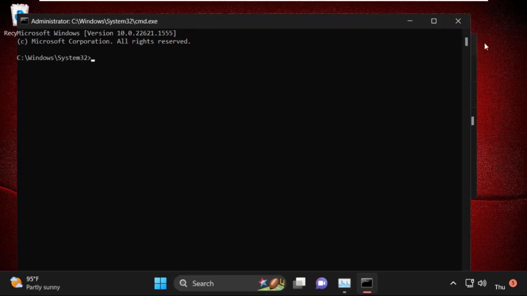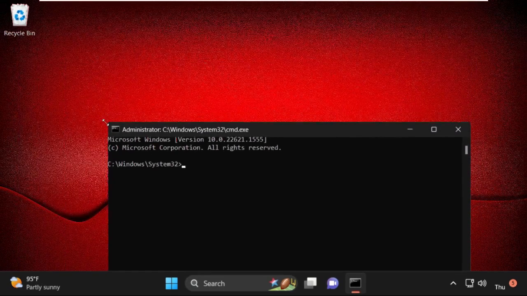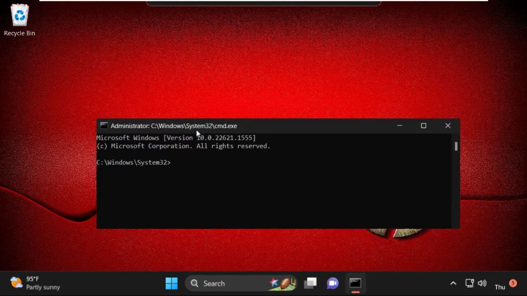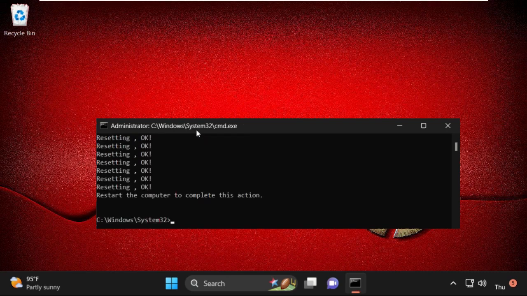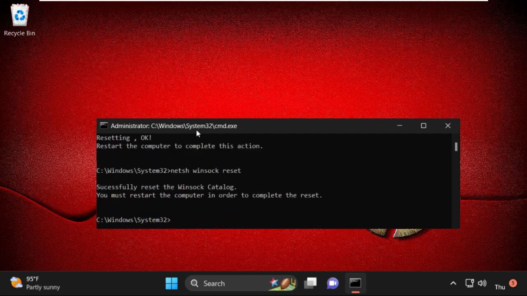Now we need to just execute some commands here. Simply type in netsh int ip reset and hit enter. So type in netsh winsock reset and hit enter. Then execute this command